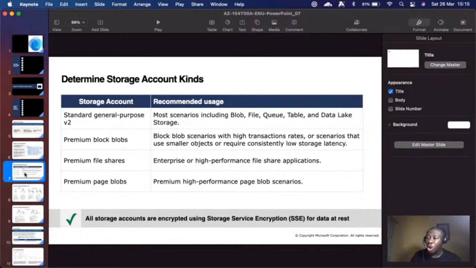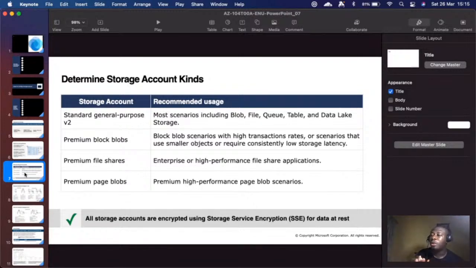Premium is basically for organizations who need high capability. They need to be able to work with high speed, and ensure they have probably high throughput, high IOPS values,